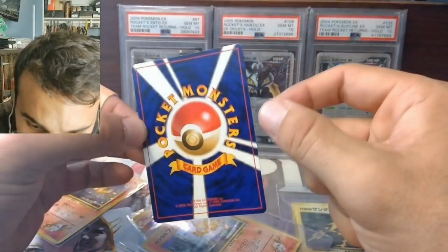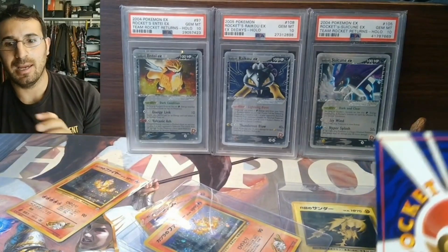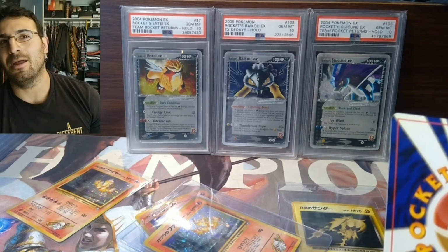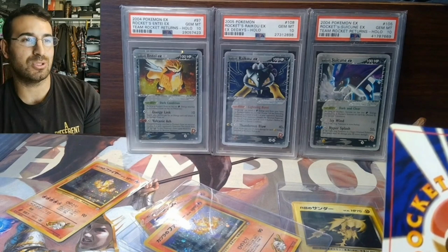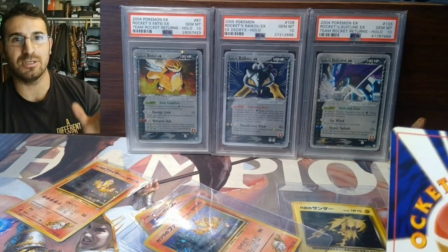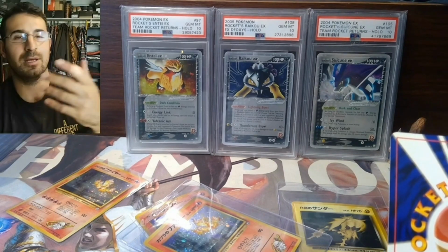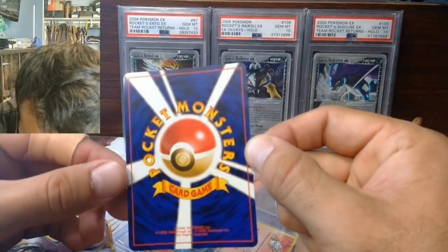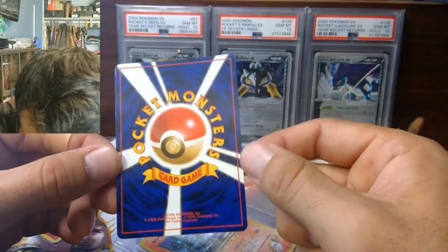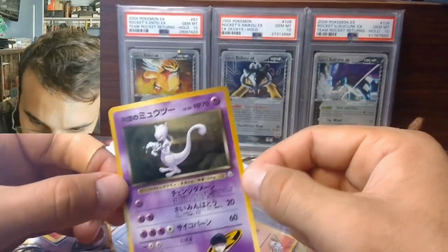whatsoever. And that's another fantastic thing about Japanese cards, is that they seem pretty durable condition wise versus the English cards. The back and the whitening, any sort of movement, it's not as smooth of texture, and the edges aren't quite as, I don't really know a better way to describe it other than they're very clean cut and almost cauterized, just completely solid all the way through on the lines, versus the English cards feel like they're a little wavy, like they weren't cut very smoothly, and if at any angle it rubs, it's just going to peel back a little bit, and then you have some whitening. But the Japanese cards, very smooth, and I don't see any at all. No, nothing. So this definitely looks like a gem mint candidate right here,